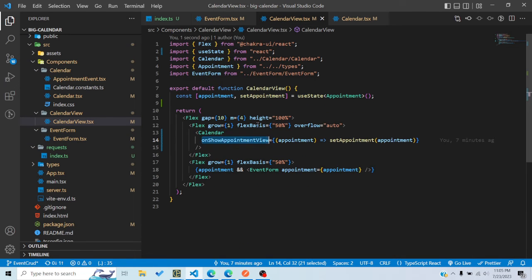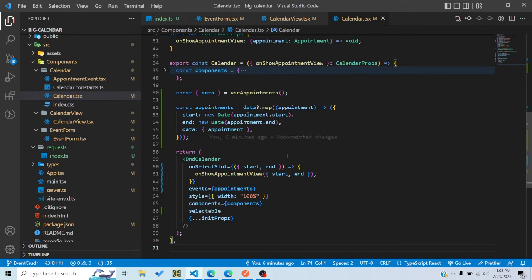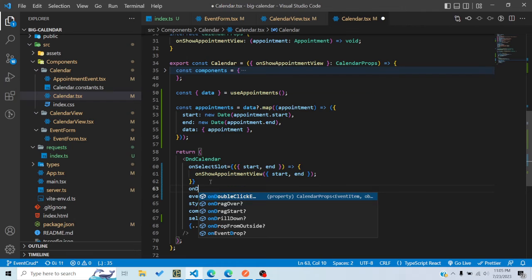So basically what I would want is, if I double click on an appointment, then it loads that appointment's information in the form, and now I should be able to update the appointment. Okay, so we will use the on double click event function in React calendar. So I go to calendar, I will say on double click event,